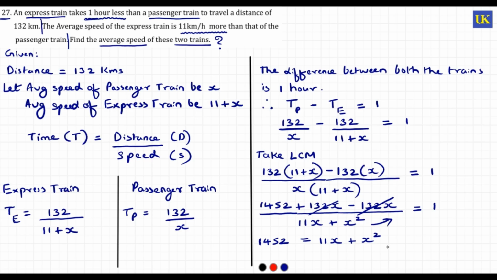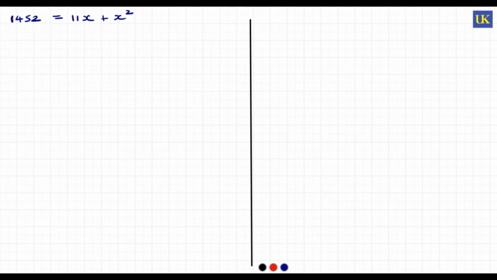now we will solve this next part on the next page. Okay, now I have written it once again on this page. Now we will transfer this to the other side. So what will remain is x square plus 11x. I'm writing it in proper order. Then this will become 1452, because this is positive and is coming to the other side, so it will become negative, is equal to 0. Now if you see, we have this equation in quadratic equation form,